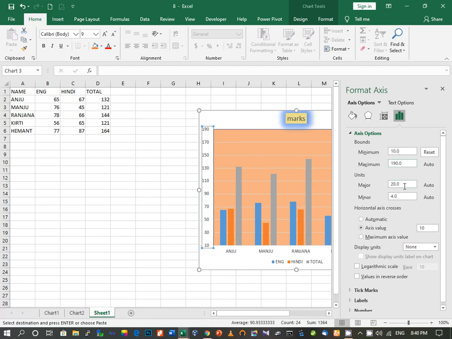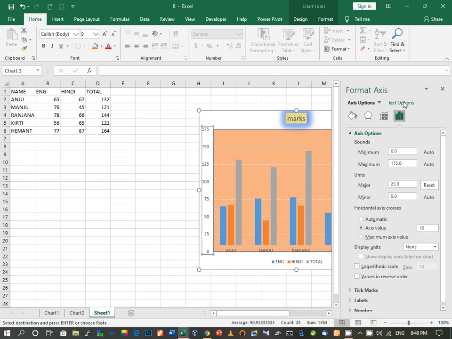Or suppose you want to change the difference between each point, you can see that here. Here 20 is given, so it is 10, then 30, then 50, 70, 90 and so on. If you want to change the difference, we can change it from here. Suppose you want to make it 25, we can make it 25. Then click on reset. You can see it has changed to 0, 25, 50, 75, 100, 125, 150 and so on. So these are some of the changes which you can do.